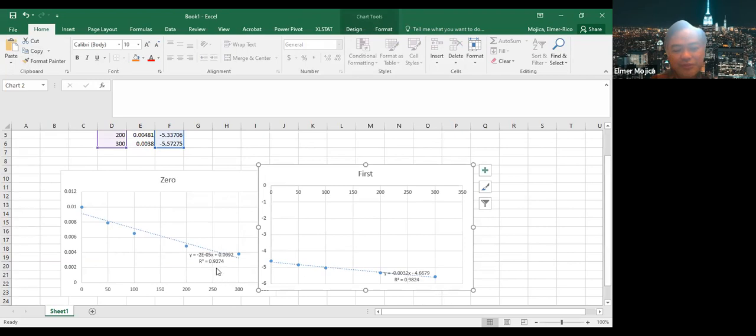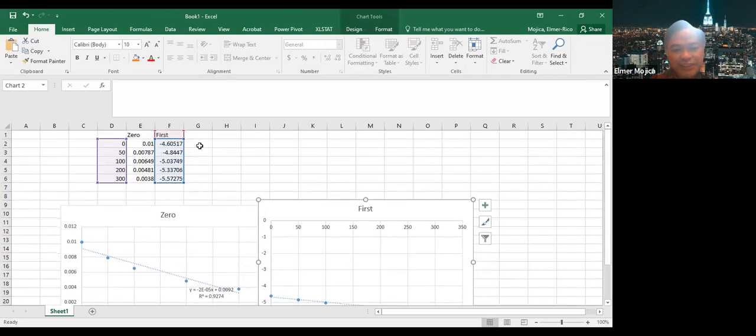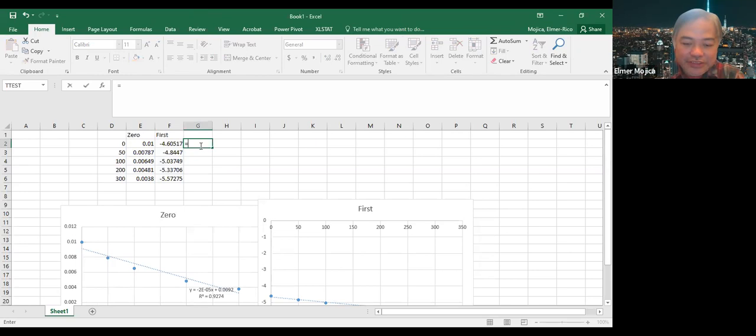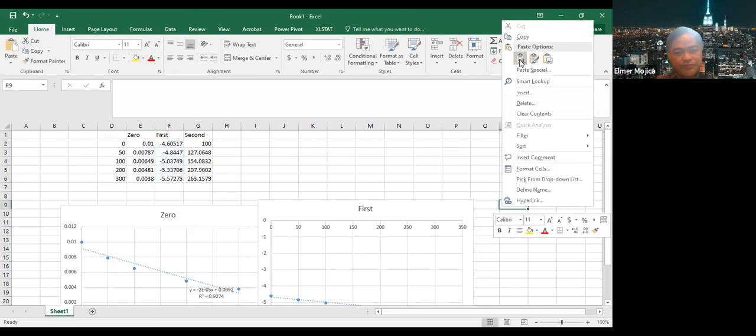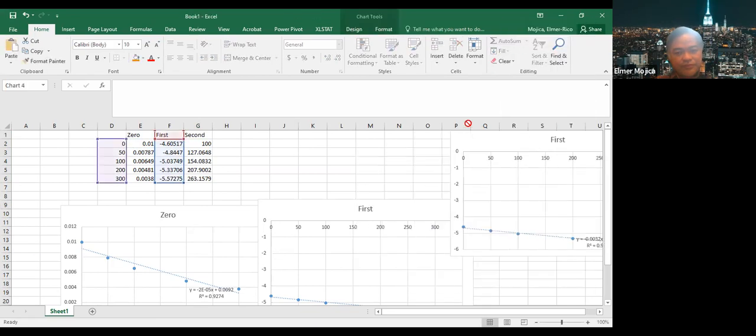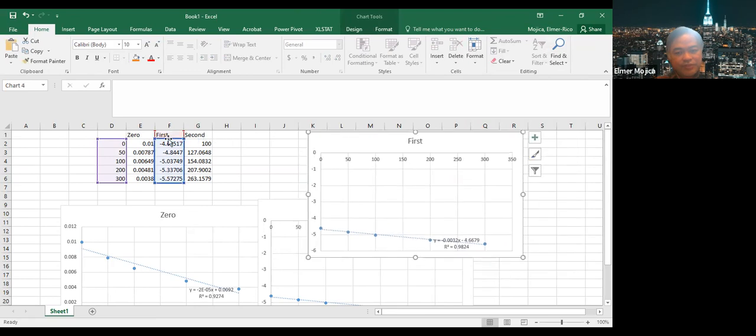0.984824 compared to 0.9274. And then I'm still going to do that. So this one divided by that one. And then I'm just going to get it. So now this is the second. Then I'm just going to copy this. And this time, what will I do? I'm going to move it like that.